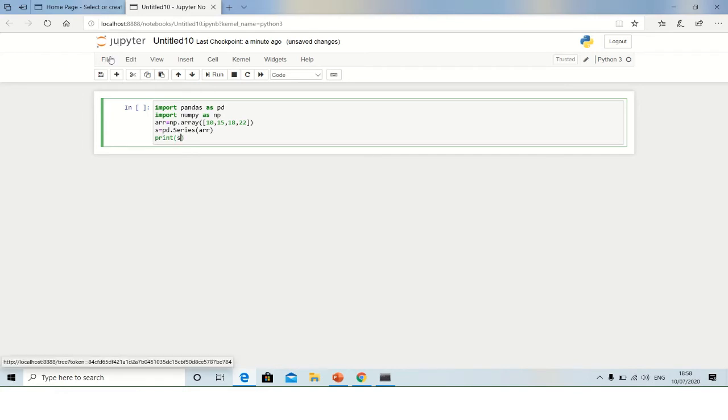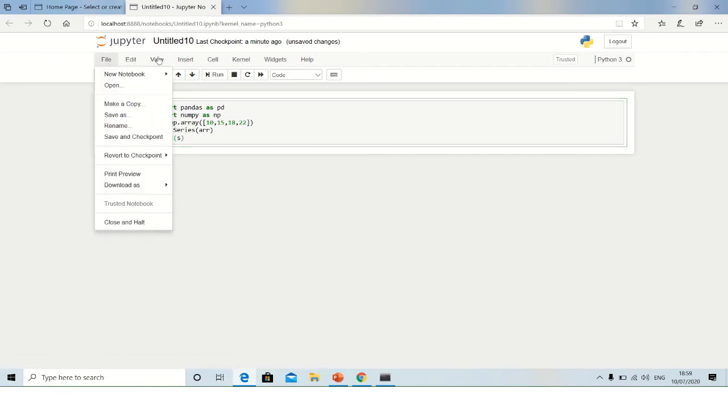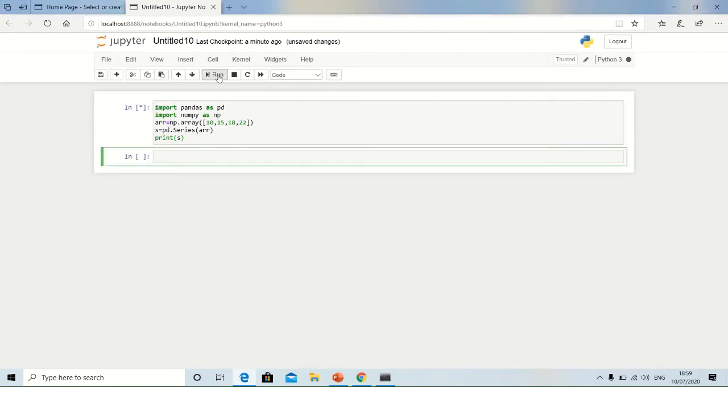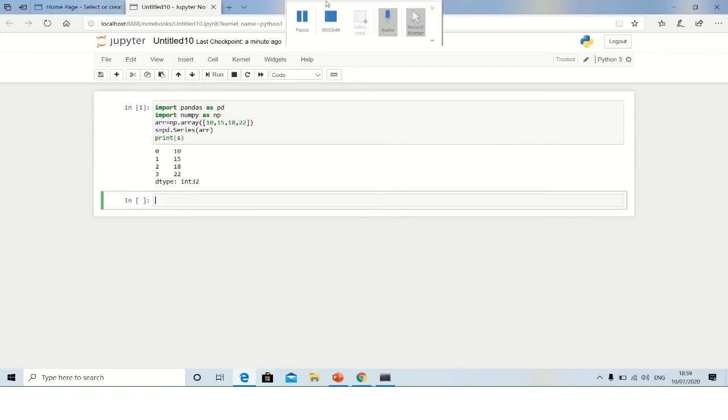To run, I click on the run button, and you can see my output has been displayed as a series.